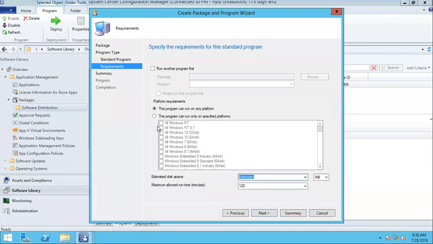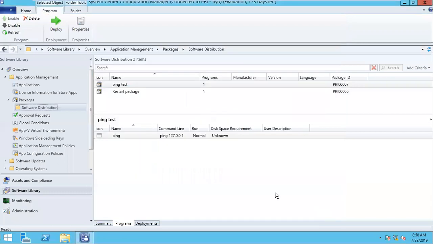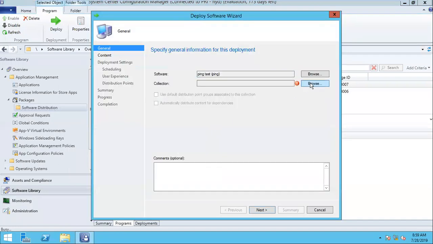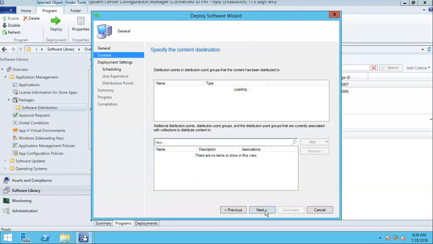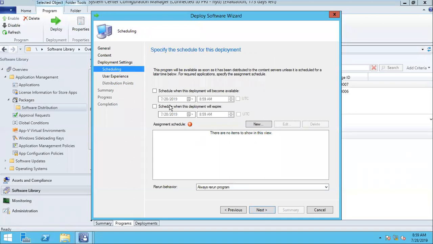So to test something in 6 months, you can create one dummy program and try to deploy. I have created one package. Right click, I will deploy to the same collection. Right click, deploy, browse, software distribution, pilot, select. Because it's a restart, only entries will be changing, or you can create a new collection. As it's a test, I will deploy to the same collection. Right click, next, next, required, next, start time,